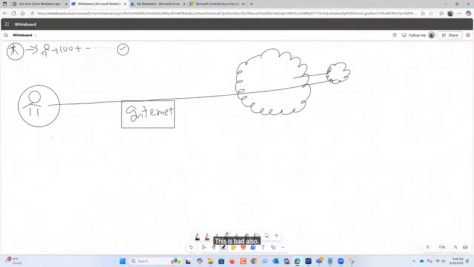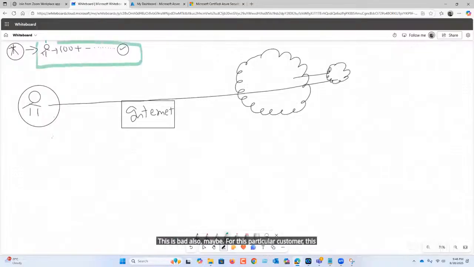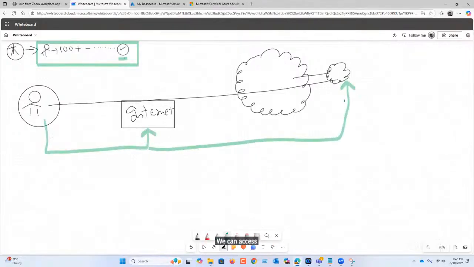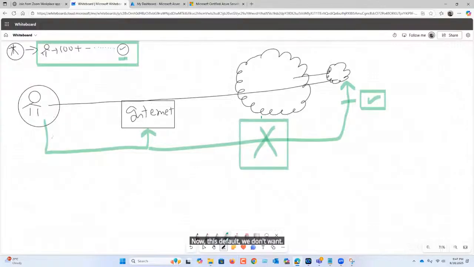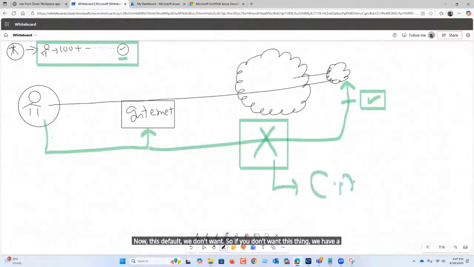For this particular customer, this is very bad. What is the bad thing? 100 plus login attempts happened from so many countries. So as a default, as a user, if we have internet, we can access the application from across the world. That's the default. Now this default we don't want. So if you don't want this, we have a concept called conditional access.